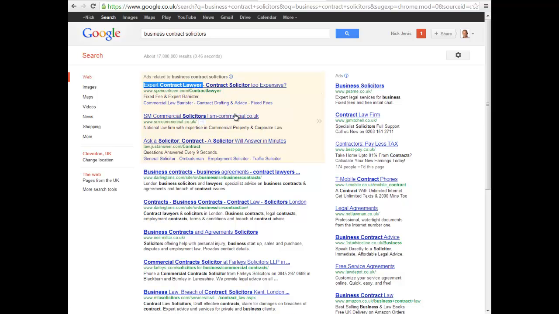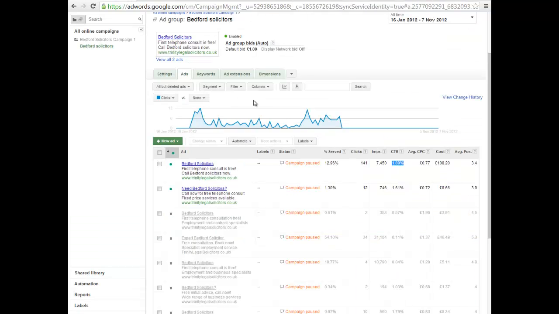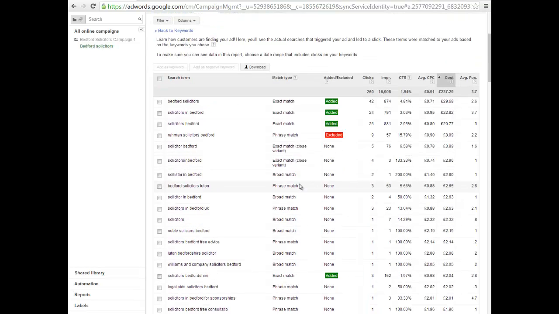It will improve your click-through rate, because for every 100 times it's shown, 10 people will click through. That brings your overall campaign performance cost down as well, and you'll start to attract some very targeted people. If we actually look in your campaign and look at the keywords that did generate clicks for you, which you do by clicking on keywords and see all, what you can see is that some of the terms, Rahman Solicitors